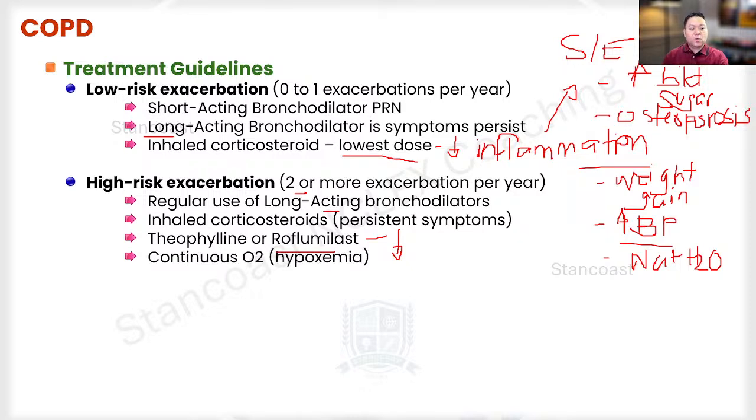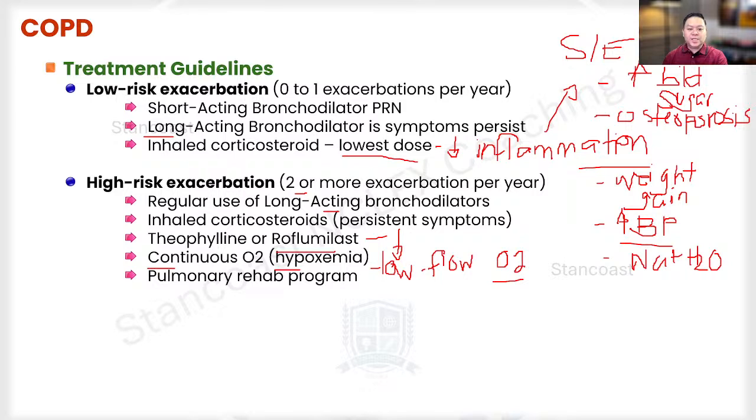All right. Now, with the high risk exacerbation, they're going to benefit from the use of continuous oxygen, especially if they're going to be hypoxemic. And again, the oxygen rate will be low flow O2. Low flow O2. So this is something that you need to emphasize in the administration of oxygen, especially if they have it at home. When they're using it continually, they need to stick to that low flow, not high flow, because they're going to end up with that toxicity.